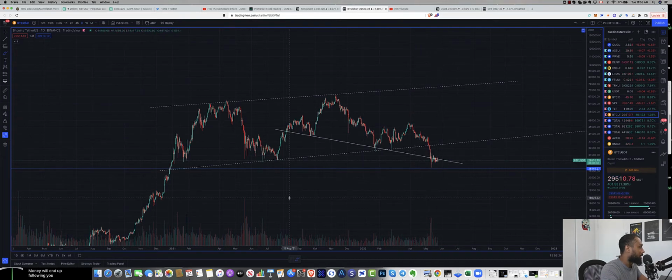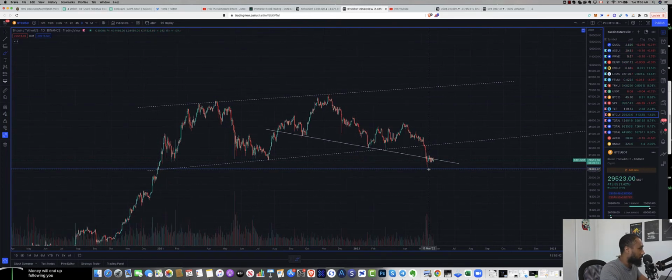So on the breakdown, the target for the pattern would be at the beginning of the pattern. So it would be here at 26.4. I think last video I had it at 23 as the support here, but the pattern actually started around here. So the target was hit and it wicked down close to it. We could definitely even come down to here, to 2024.